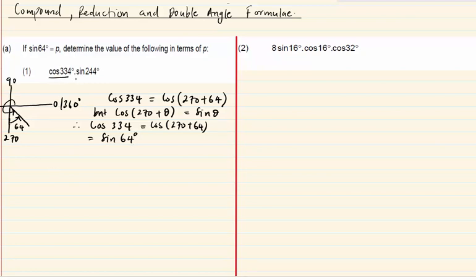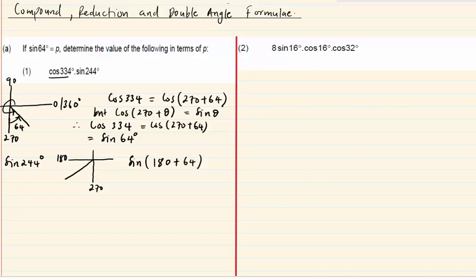Let's have a look again at sine of 244. What can we reduce that one to? The angle 244 degrees is a third quadrant angle. So if you did this, you will notice that it's going to be somewhere there, because this is 180 and this is 270. So I know that it's going to be a third quadrant angle. So I could add 180 to some number to give me 244, and this is going to be the same as the sine of 180 plus